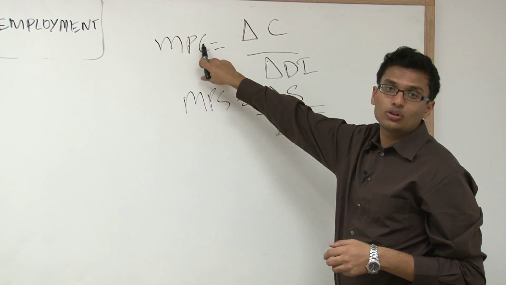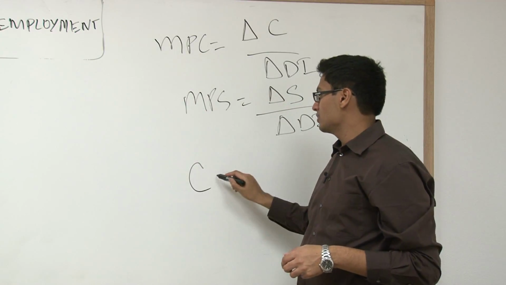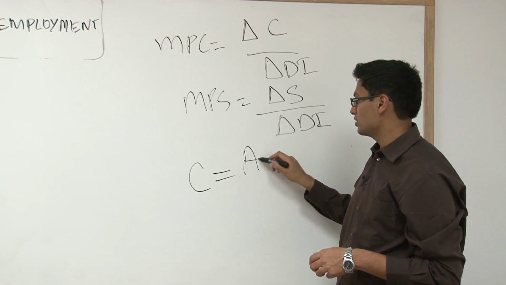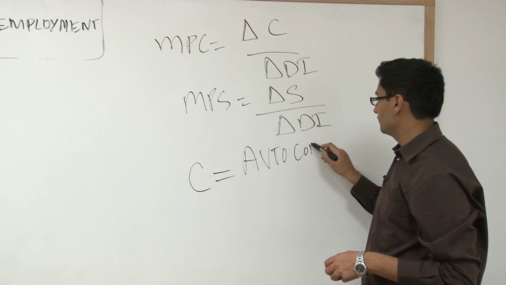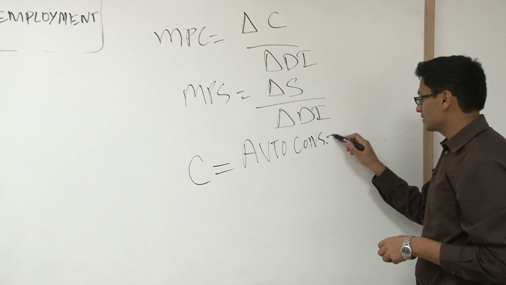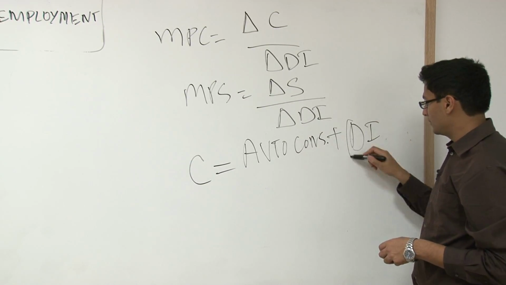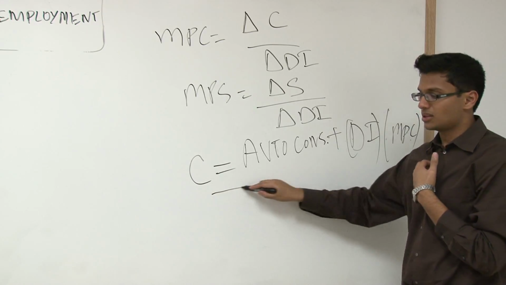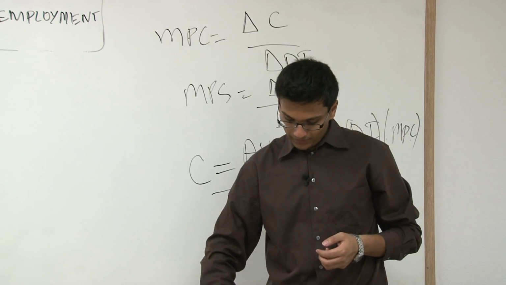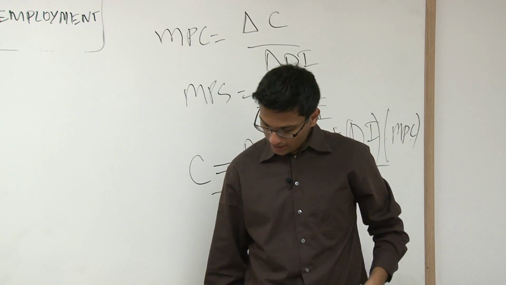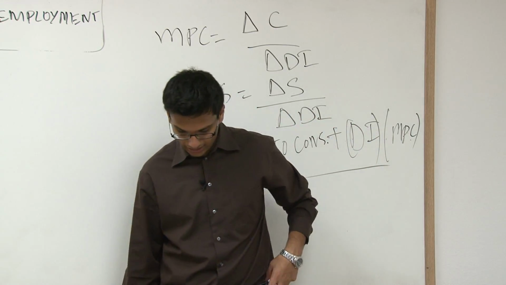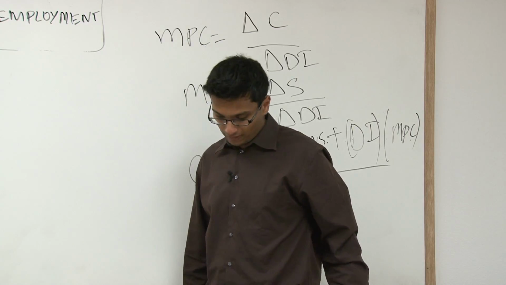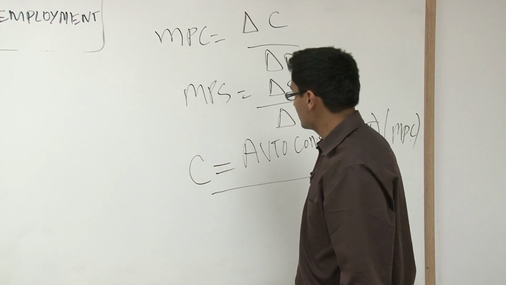Well, we use MPC to create a consumption function. We said consumption is equivalent to the autonomous consumption, plus the disposable income times the MPC. And that's why it's useful in making a consumption function. So how do we create a saving function? Well, the saving function is actually pretty similar. The saving function is the autonomous saving,